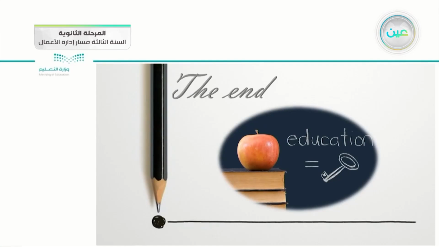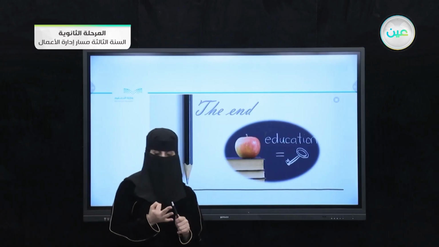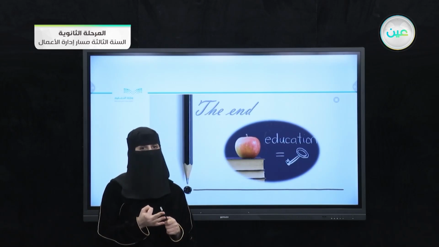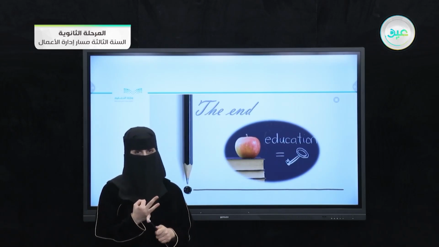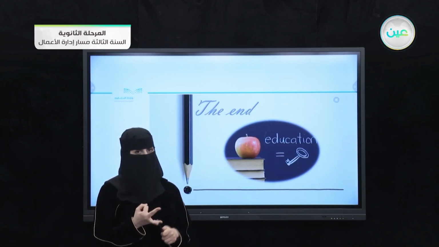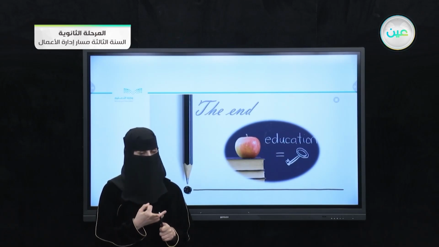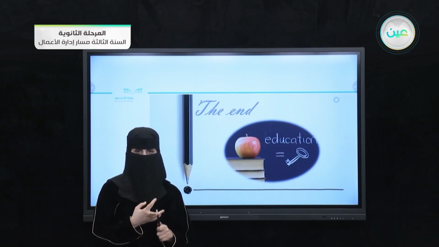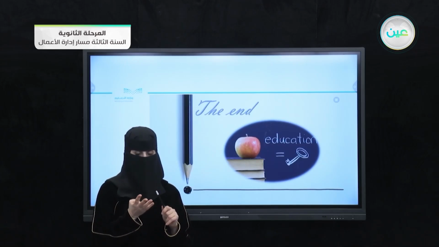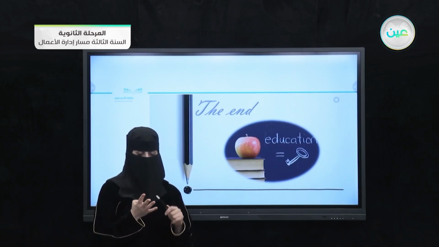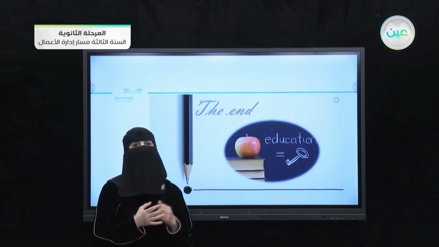Okay, by the end of our lesson today, I want to remind you about the important points that we discussed. Number one, we talked about the meaning of essay. Number two, we talked about the parts of an essay. Number three, we discussed the meaning of effective essay, and we gave strategies, synonyms, and antonyms for some synonyms. And the last thing is that if we want an effective essay, we should apply strategies to make it an academic